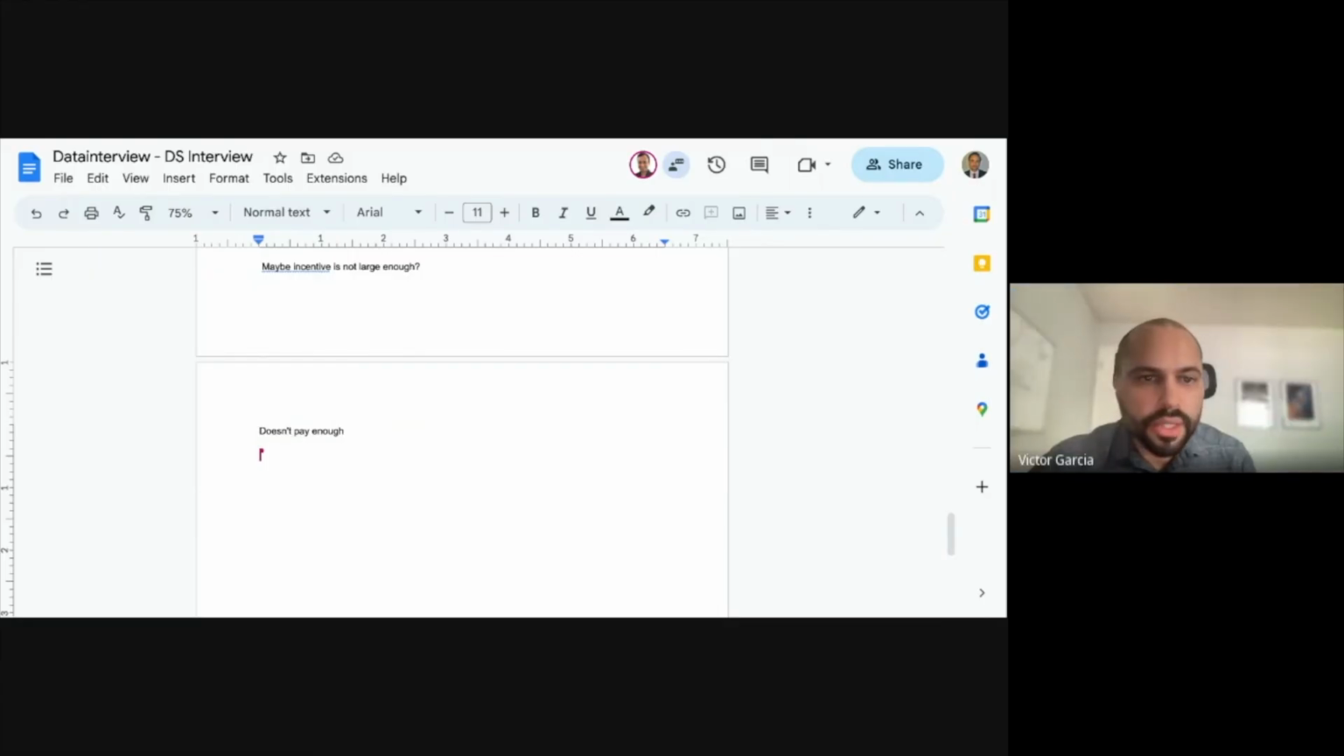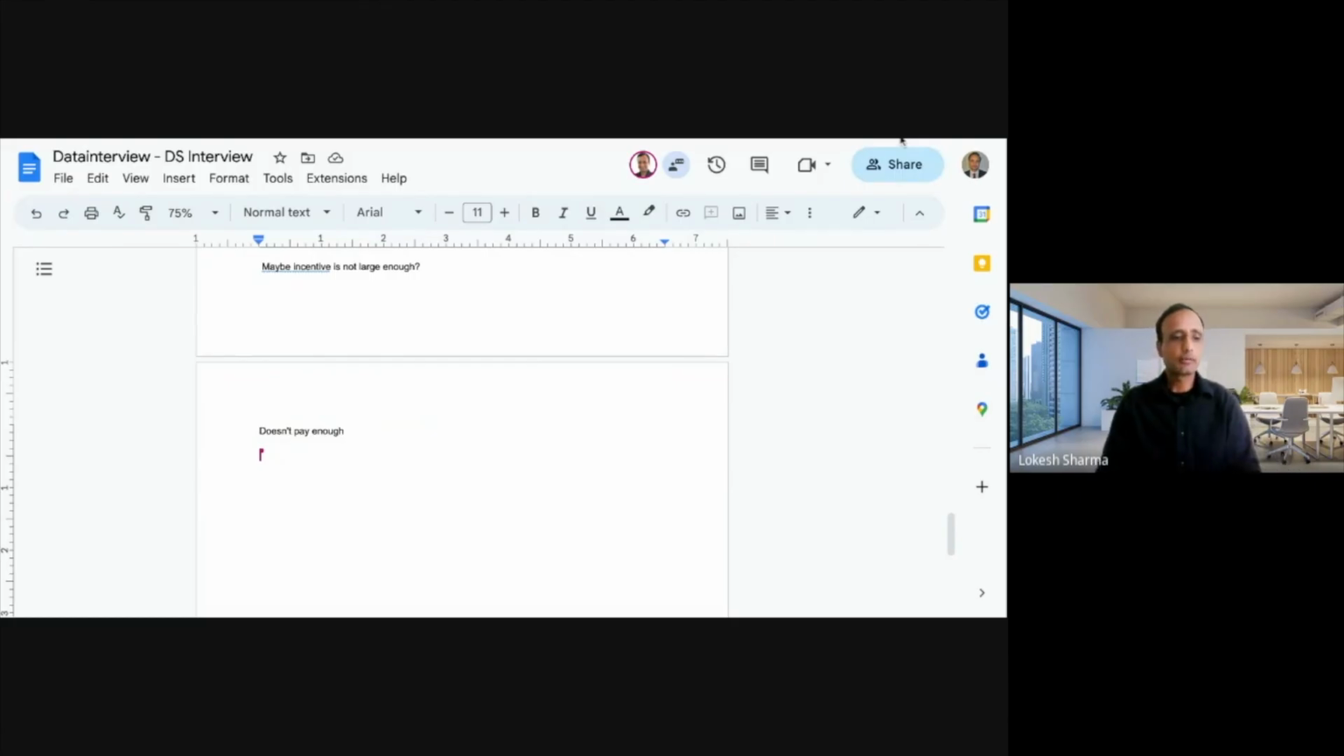Yeah, let's take it there. So what kind of experiment would you run here? Yeah, so in this case, for the experiment, I think our metric is clear here. We want to increase the number of drivers who, after verification, do their first ride. Given that this is the metric, what I will do is